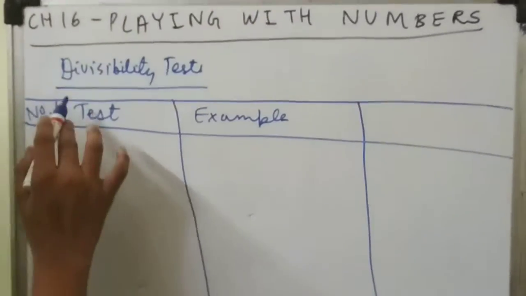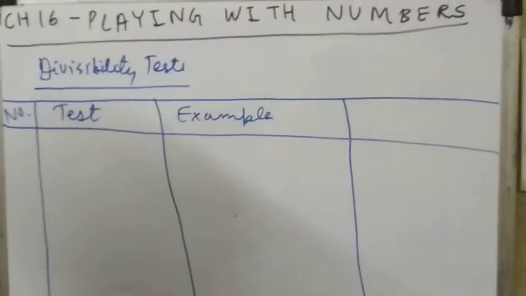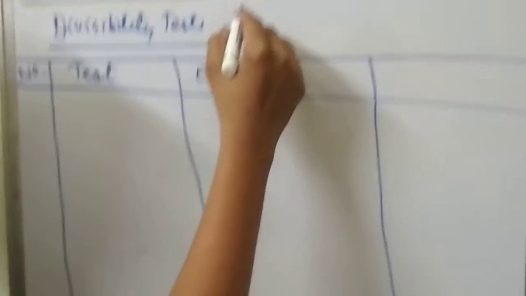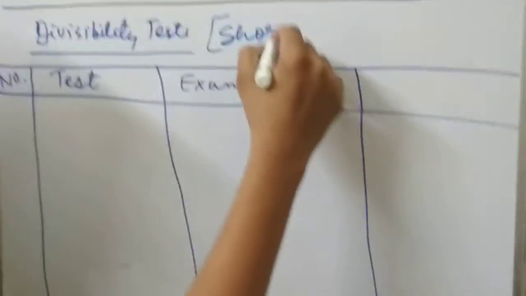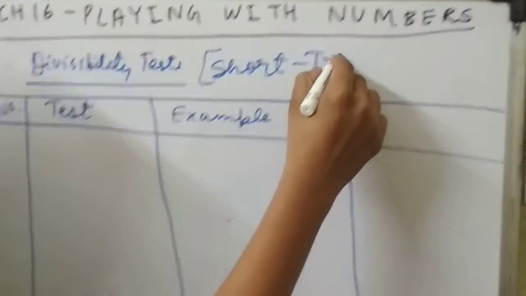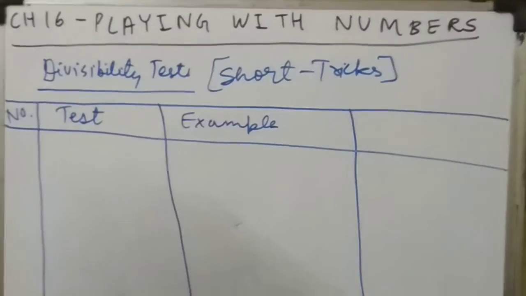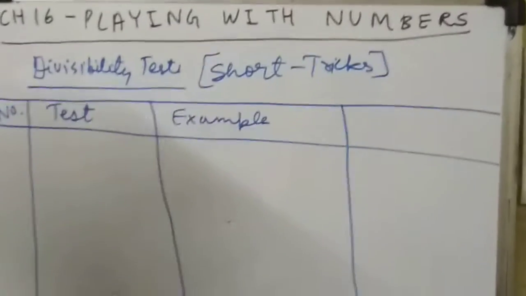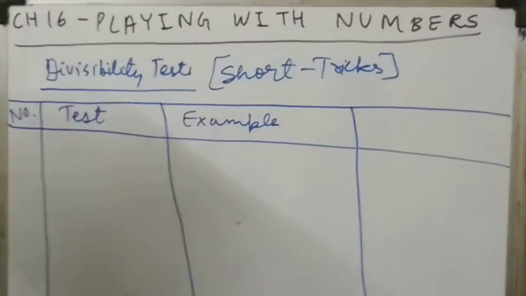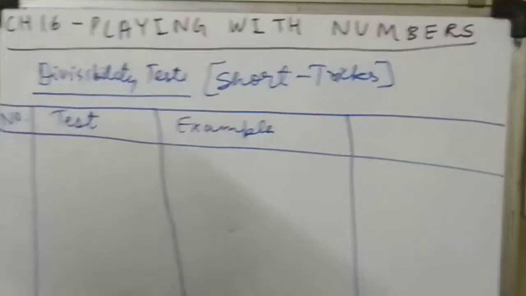With this, I start today's lecture of topic divisibility test. Basically, in this video, I'll be going to tell you some short tricks. What are these short tricks? These are none but how to check whether a number is a factor. No, pardon me, it's a multiple of another number or not. Okay, this will be the last video of this chapter. So after that, I'll be starting a new chapter.